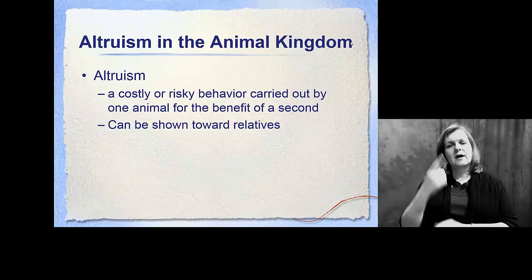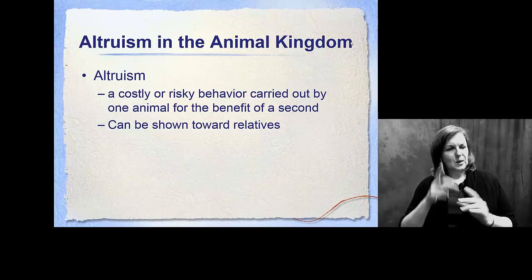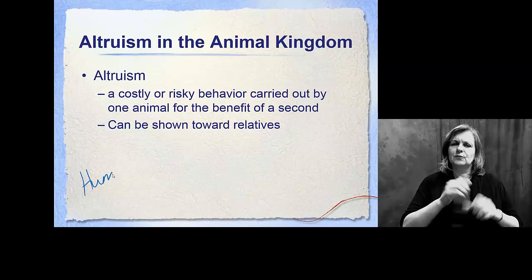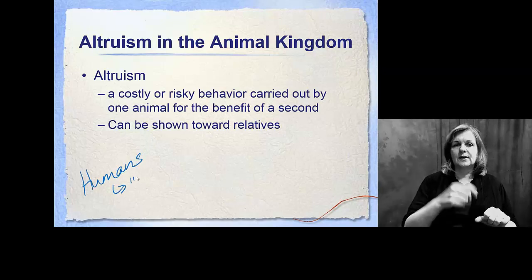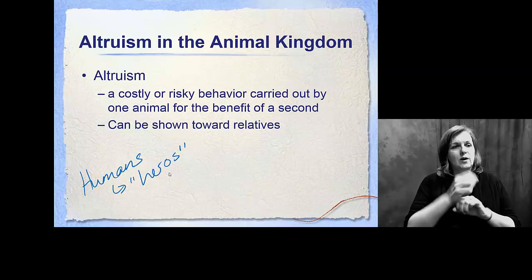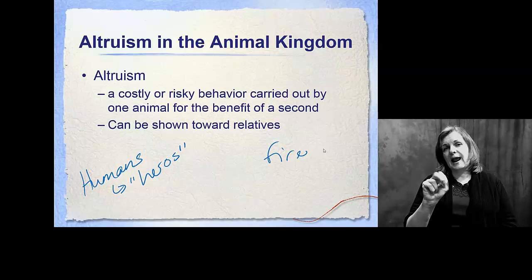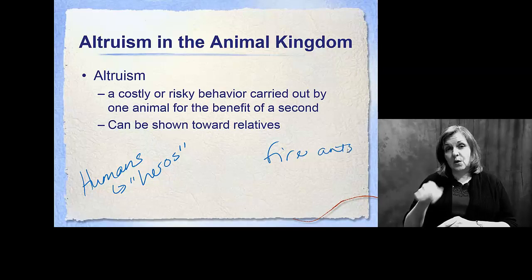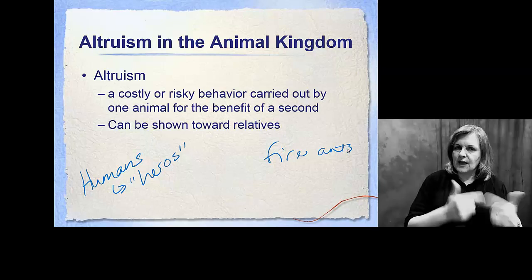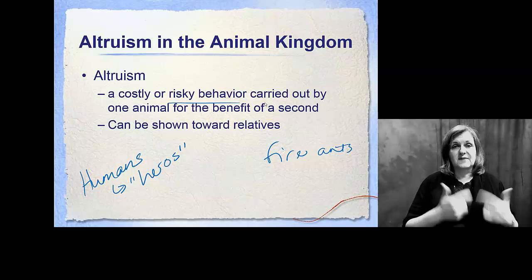So when we look at things like altruism, we look at the ability to make sure that another individual survives. Now, typically we see this in humans, primarily when we look at heroes on the news, individuals that went above and beyond for people they don't even know to save them. We see this in fire ants, where they will actually sacrifice and make sure that the rest of the population is surviving well, and will actually carry out very risky behaviors so that another individual can survive.